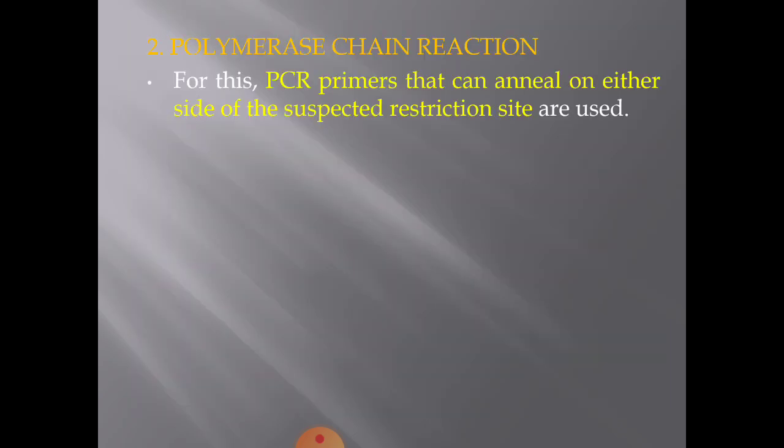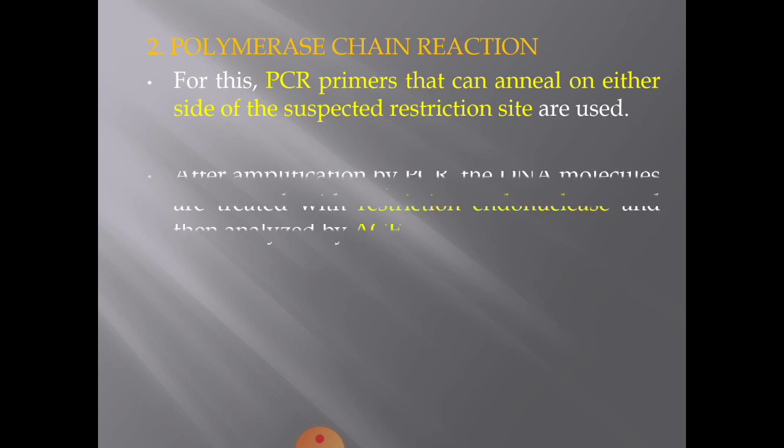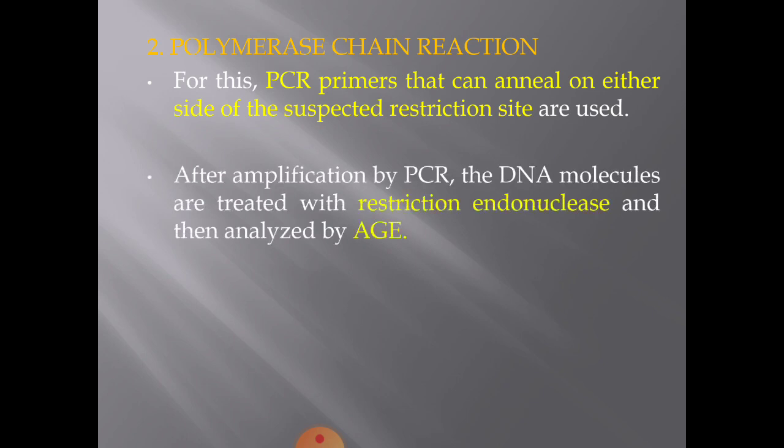Another method by which you can do this is PCR, polymerase chain reaction, the technique I have taught you in my last class. Let's see what is done in this. For this, PCR primers that anneal on either side of the suspected restriction site are used. Then after amplification by PCR, the DNA molecules are treated with restriction endonuclease, same step, and then analyzed by agarose